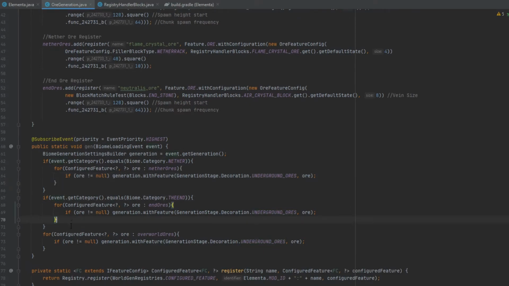And then we're doing the same thing for the end here, so category the end, and again same thing here for the overworld ores, and that's pretty much it for all the generation. Again, this is not anything you really have to touch, but although if you did want to do a specific